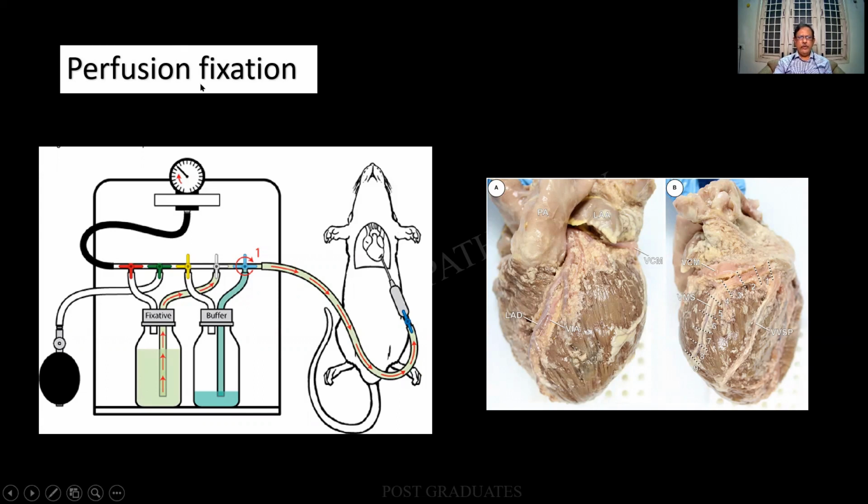There is a technique called perfusion. We have spoken about heat fixation, vapor fixation, chemical fixation, and then there is something called perfusion fixation. Whenever an organ is removed, it cannot be fixed as a whole and the different parts of it will have to be fixed. Here in this case, under pressure and an ideal combination of the fixatives, it is being injected into the heart. The clot is being diluted, and when it is perfused, the entire heart gets fixed. Similarly, they can use it for other organs also.